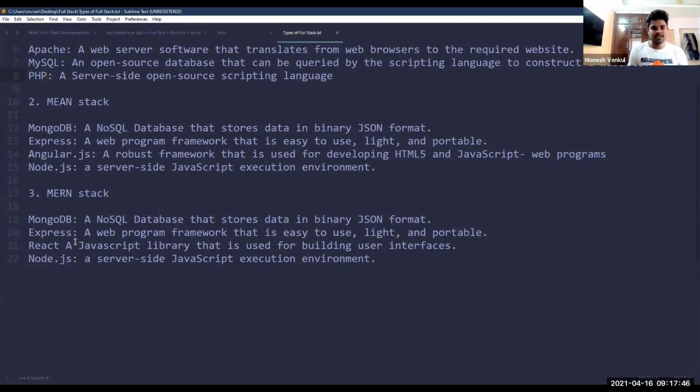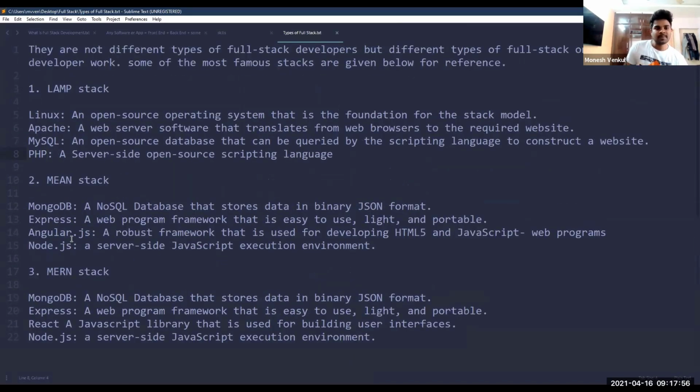After learning JavaScript, the next step of being a JavaScript developer is either learning AngularJS or React.js. You will be learning any one. My opinion is, instead of learning LAMP or MEAN, you should go for the MERN stack, because the LAMP stack is a very old technology. Now, most developers never use the LAMP stack. Only old companies use the LAMP stack. Most companies now use the MEAN stack or MERN stack.